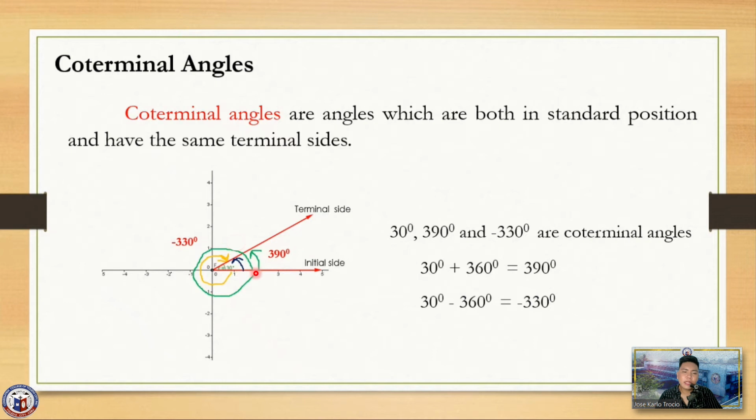But if you add another 30 degrees, that becomes 390 degrees, right? So that makes sense. If we add 360 degrees to an angle, that can have a coterminal angle of 390